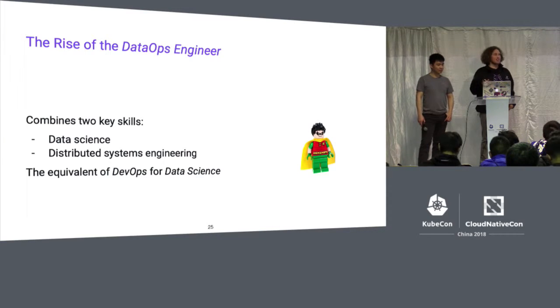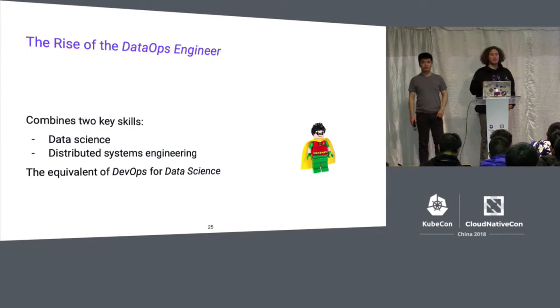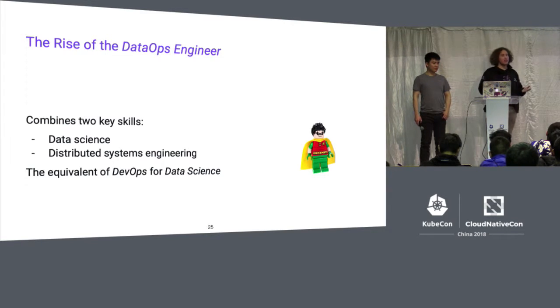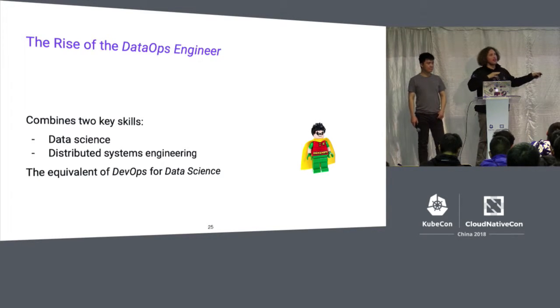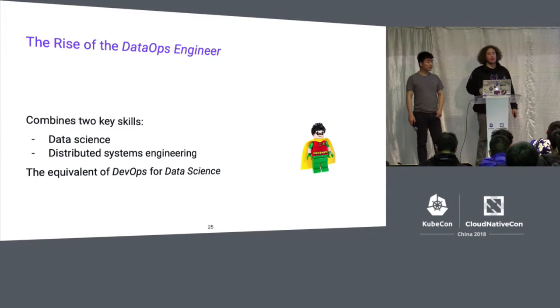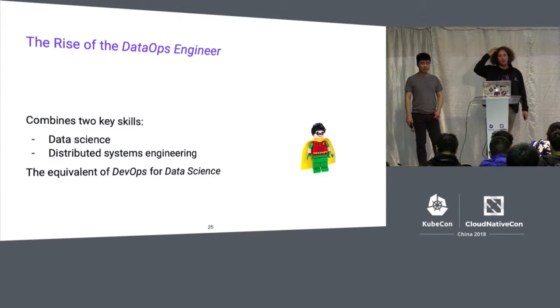The people I've seen, it's really hard to find them, but they combine two key skills. First of all, data science, and secondly, they understand distributed systems fairly well, because this is the challenge. They have to match the world of data science with distributed systems engineering, with controlling all those different systems we've seen earlier. If you want, it's like a DevOps person, but for data science in particular.